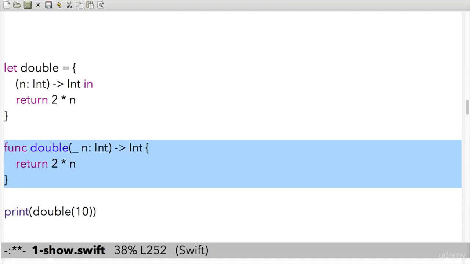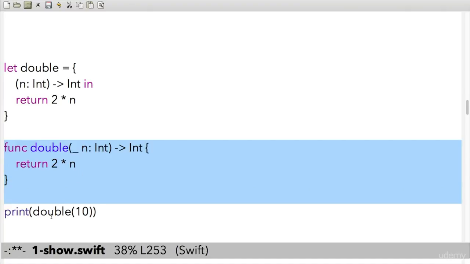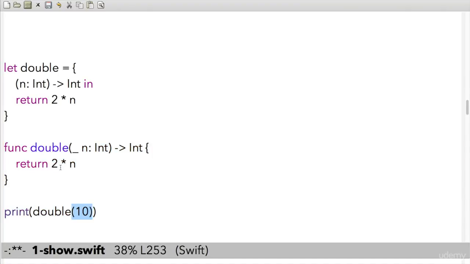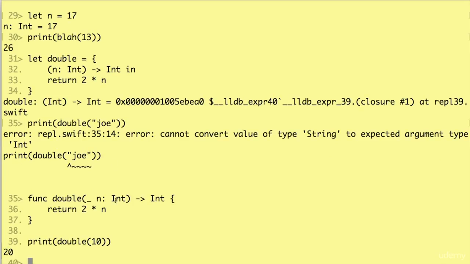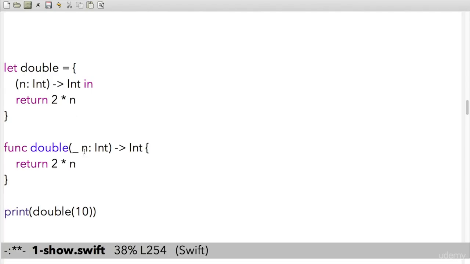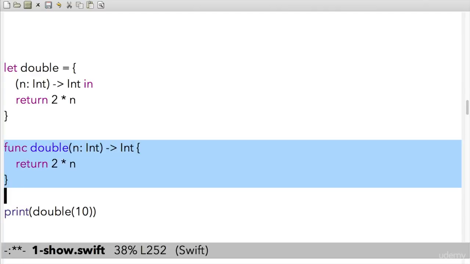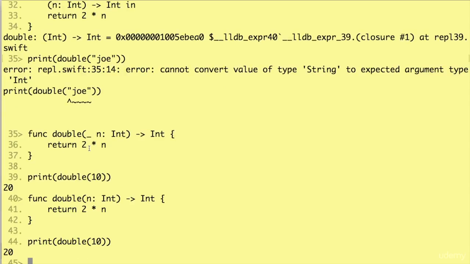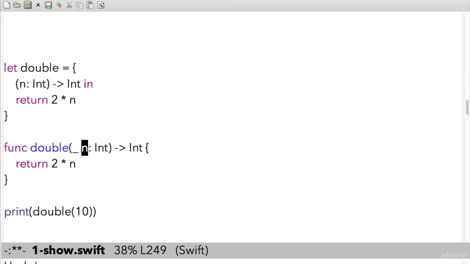And if I go ahead and run it as before, so say print double 10, well, it should just do what we expect, which is double 10 and prints 20 for us. Very well. Now, there's a little funky underscore here that we hadn't seen before. And what is that? Oh, I can take it out and probably it would be okay. Let's see. Yeah. What this does though is saying